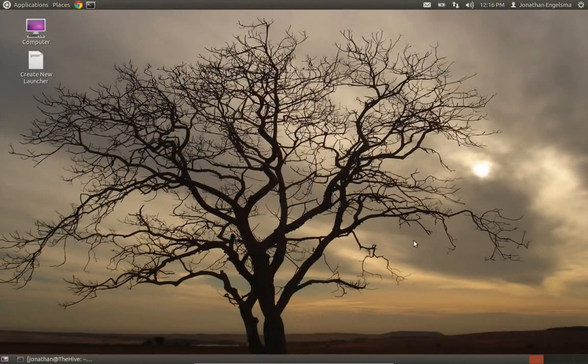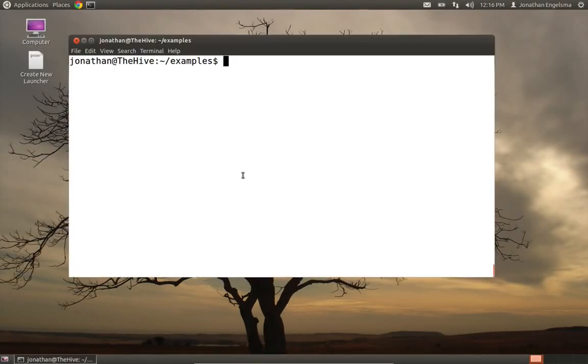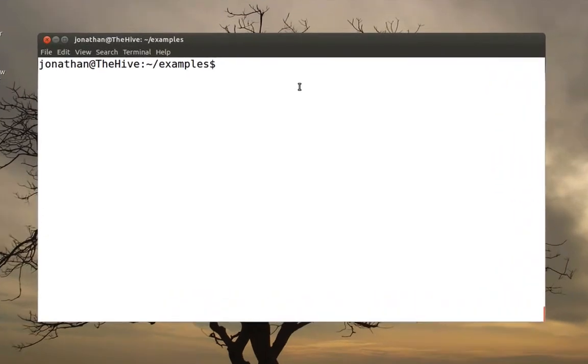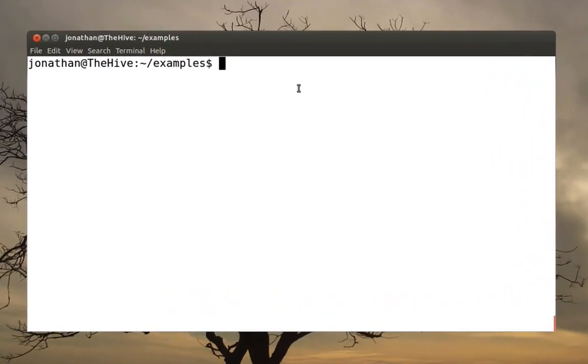So here I am in my Linux environment, and I'm going to open up a terminal window here. And let's go ahead and write the Hello World program that we just saw in the view graphs. So I'm going to use the VI editor here to do this. If you don't know VI, you can just Google and you'll find all kinds of tutorials on how to use VI. Of course, there's more user-friendly editors as well on Linux.